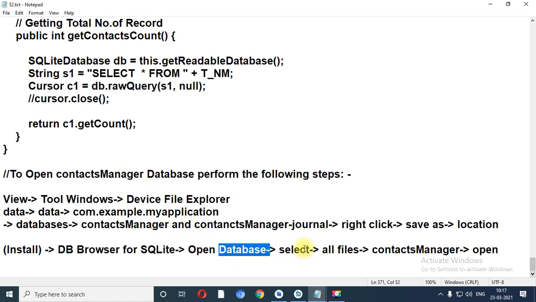Open your database, select all the files, contact manager and open. So this is the program which is based on connectivity, and over here I have taken the example of contacts. You can take the example of student, employee or department or any other table. I hope the concept is properly cleared.